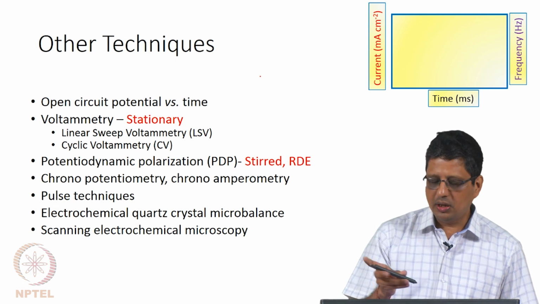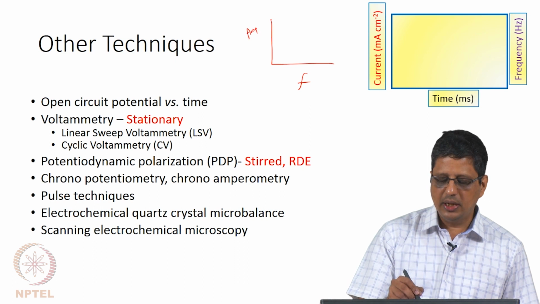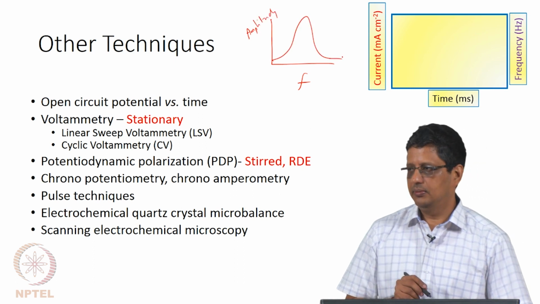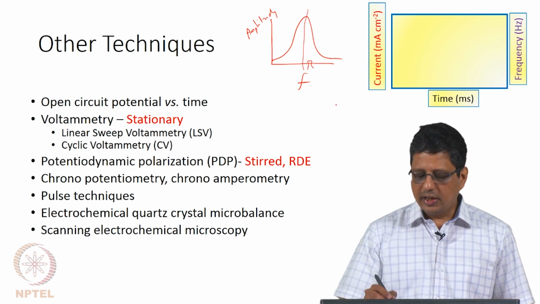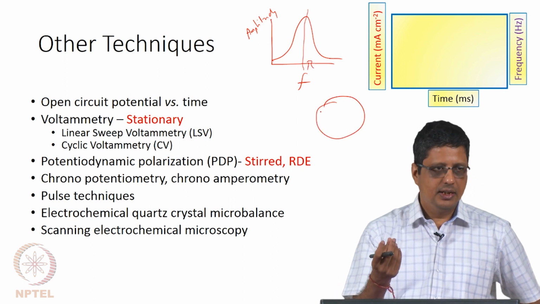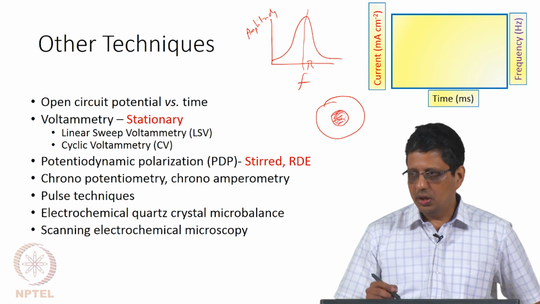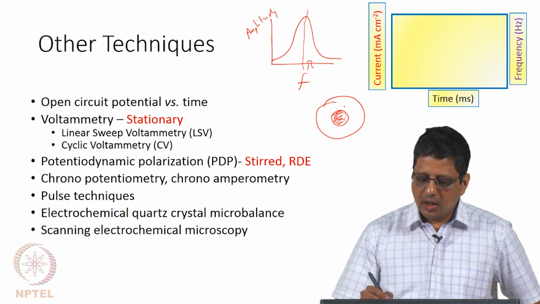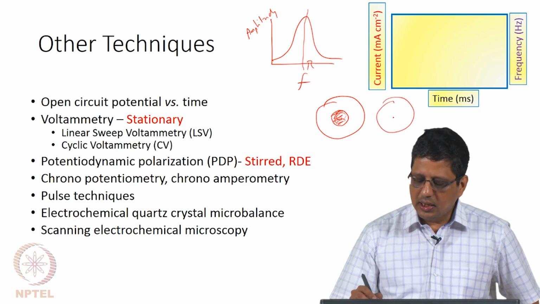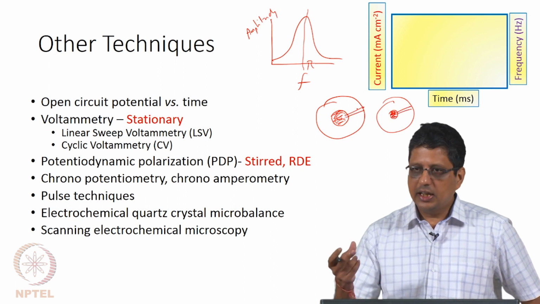So if I plot frequency and amplitude of the movement, it would appear like this, and this will be the resonance frequency. If I take a material like quartz, I will make a disc, like a coin, and on top of it I can coat gold. You can coat gold, you can coat other materials. On the other side, I will have gold again, and of course I will have to have leads to take them out and connect.